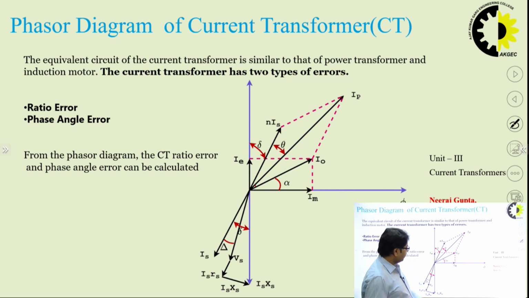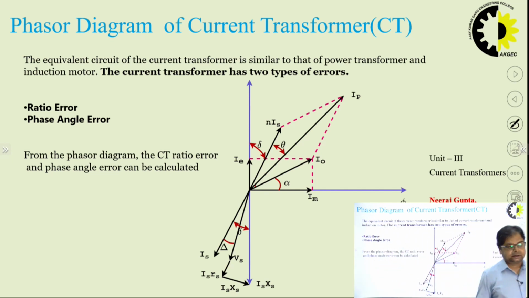These three angles are very important to understand, because what is delta? This is the angle between the secondary voltage and the secondary current, and this is reflected back over here because it has been drawn back, and this is the delta angle. Theta is the angle between the primary current and the secondary current. These two angles will play a major role in describing the relationship between the phase angle and